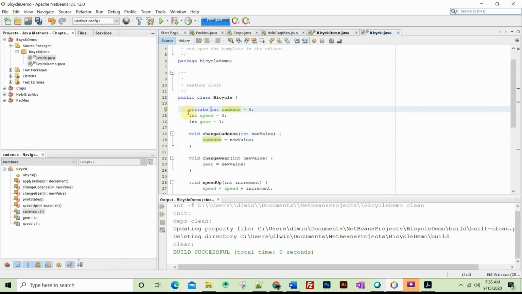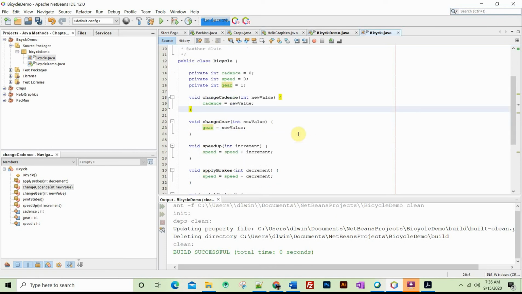Private integer. See, if I make it private, the only way we'll have access to those properties is through methods. Okay. Things will still work, but the only way we get access to those properties is through methods, because it's private. If I had not made it private,